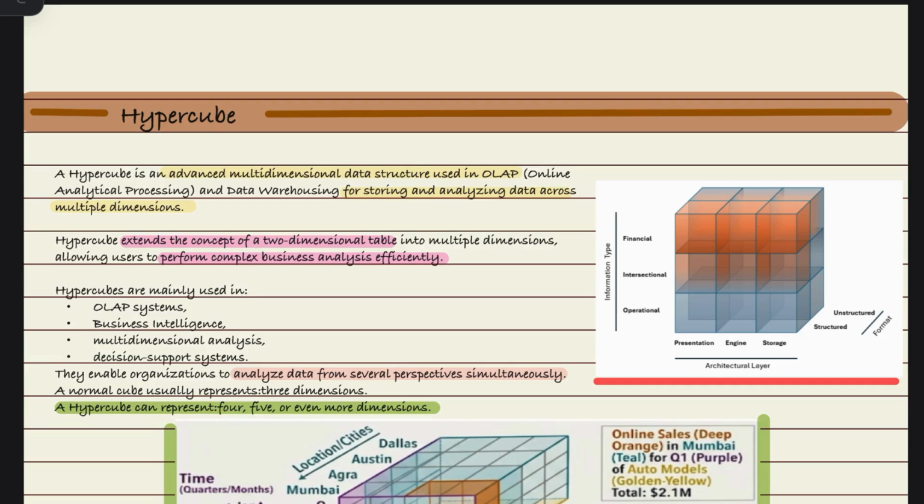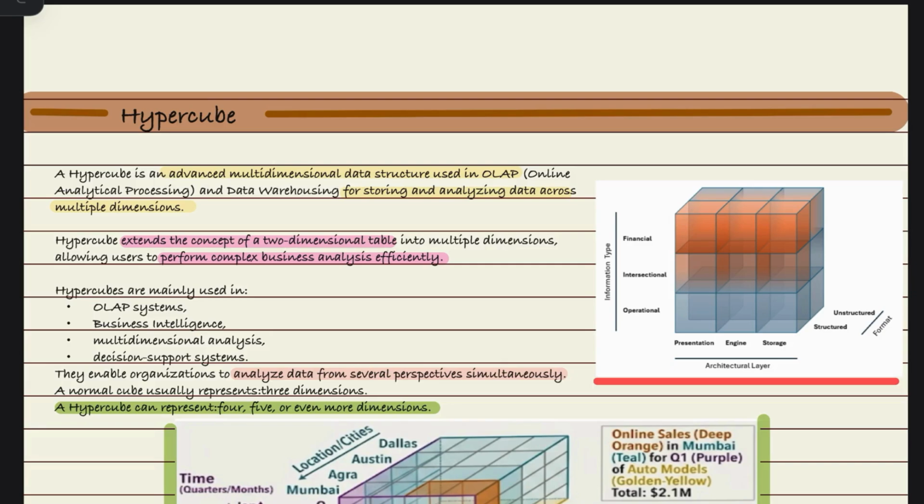What happens? You can't draw a 5-dimensional cube on a flat piece of paper, right? That is where the hypercube comes to the rescue. A hypercube is an advanced multi-dimensional data structure used in OLAP, where we store and analyze data across multiple dimensions, beyond 2 or 3 dimensions. It is the extended concept of a 2-dimensional table, and it allows the user to perform all the complex business